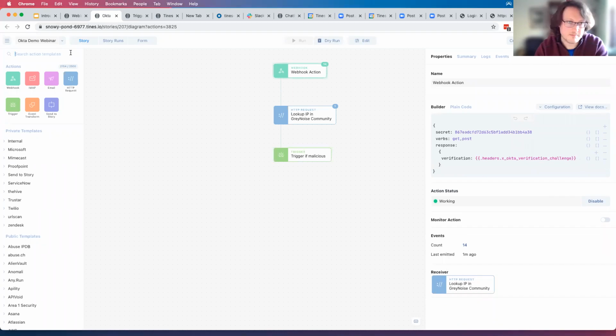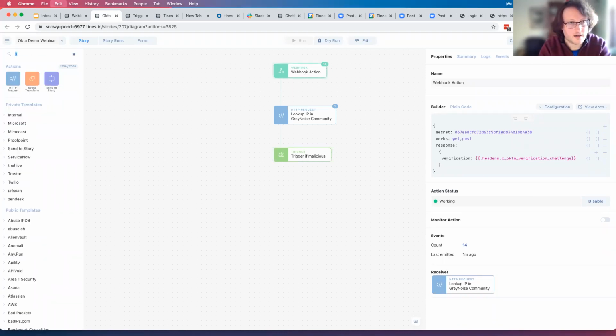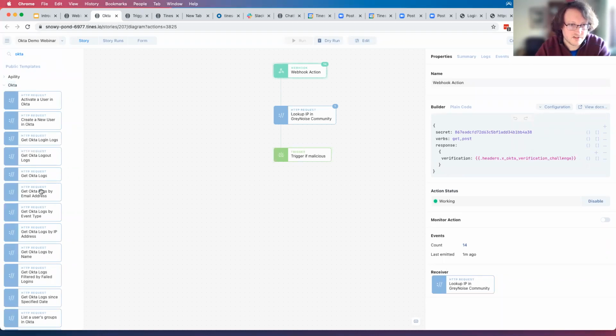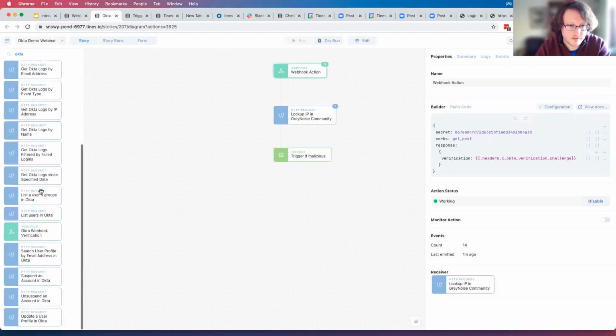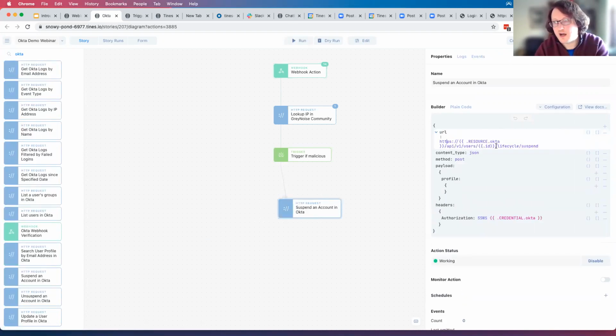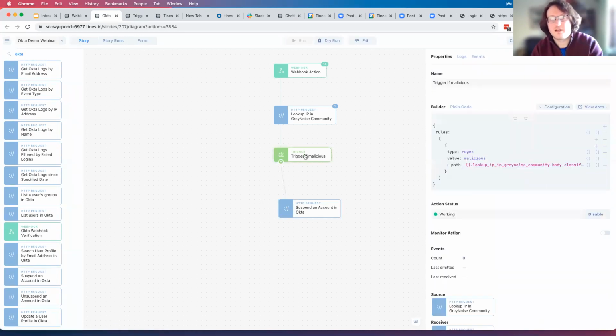Now the next time this fires, if that IP is detected as malicious, it will trigger here and I can take an action like maybe Okta, suspend the account in Okta or something like that. So let's go for here, suspend account in Okta. And if I've done this correctly, I would just pass through the Okta ID and this would immediately suspend the user's account in Okta. I'm not going to do that because this is not malicious, but that would be how you do it. Instead, what I can do is I can go trigger if benign,